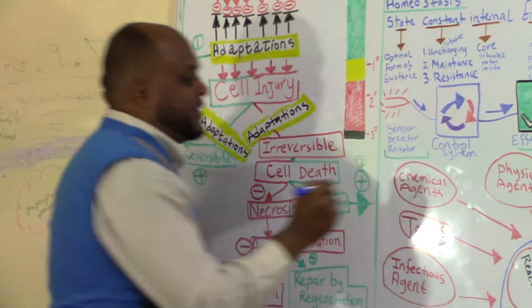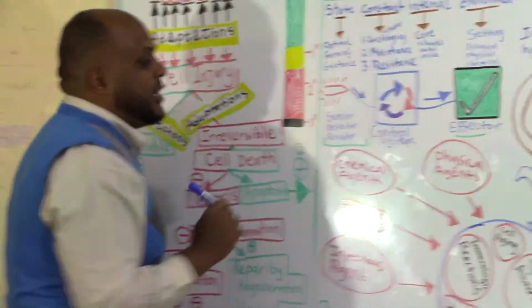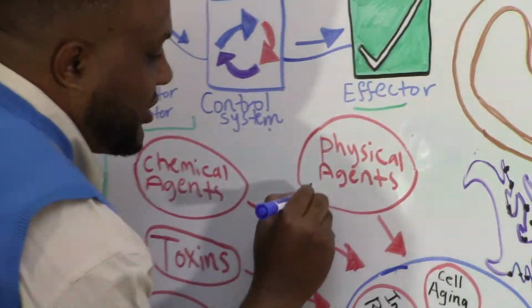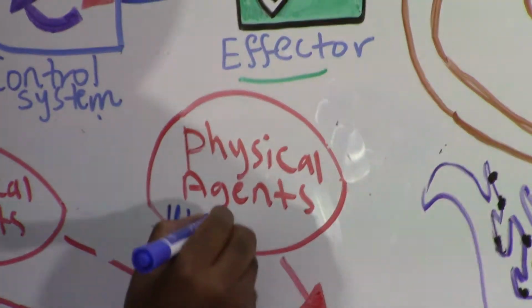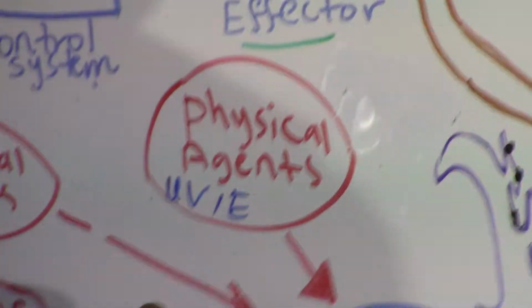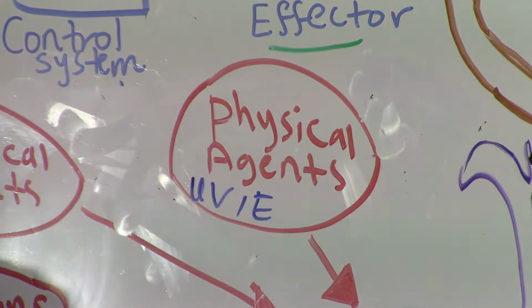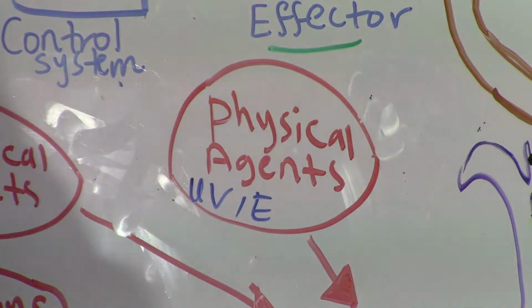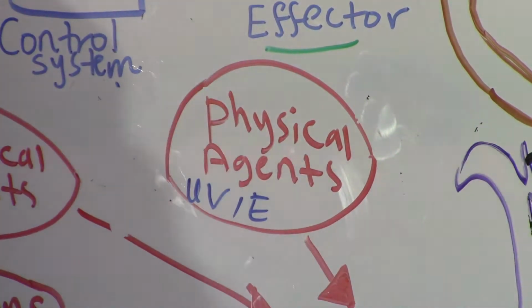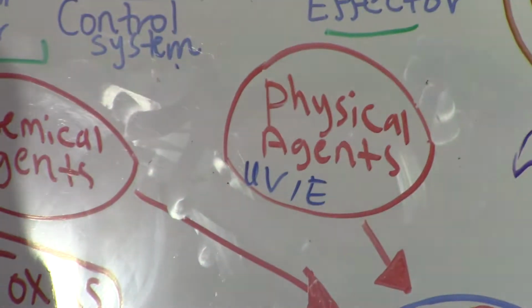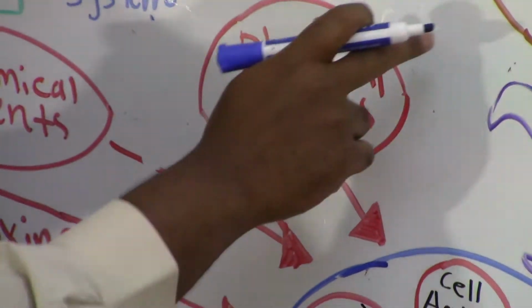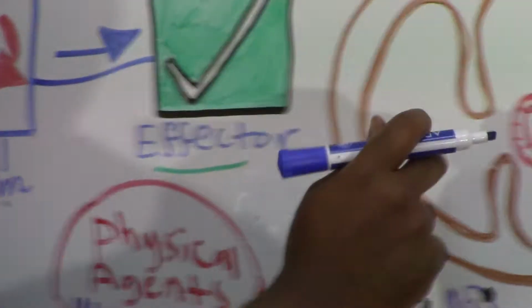So let's take a physical agent as a stressor. What's an example of physical agent? Ultraviolet radiation, electric shock, or trauma, or a physical trauma. Now, this physical trauma, this ultraviolet radiation, what can it do? Ultraviolet radiation can cause